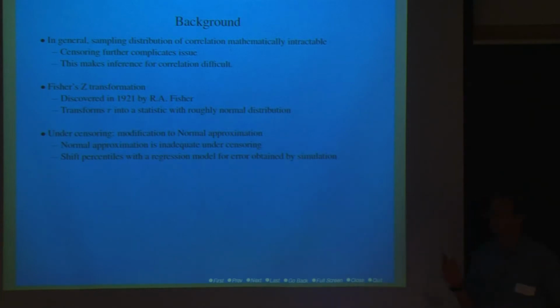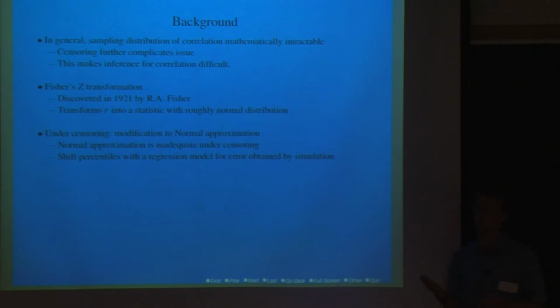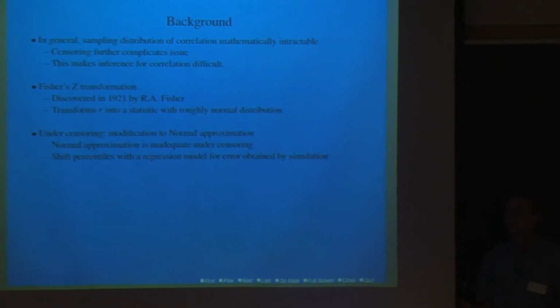So, background on the actual project we did this summer. In general, the sampling distribution of correlation is mathematically intractable. There's no nice equation for it, and censoring further complicates this. So if we want to use it for inference, we're going to have to come up with some sort of